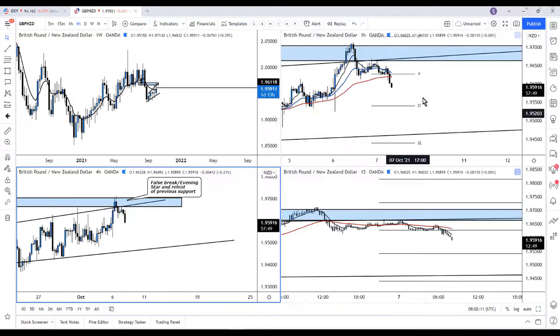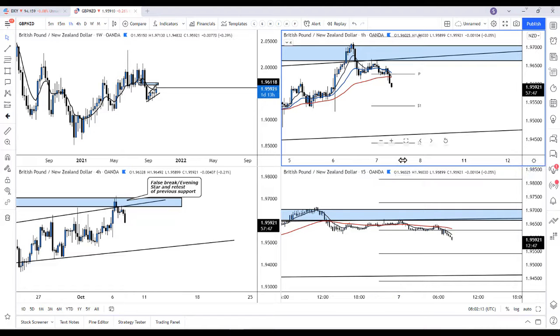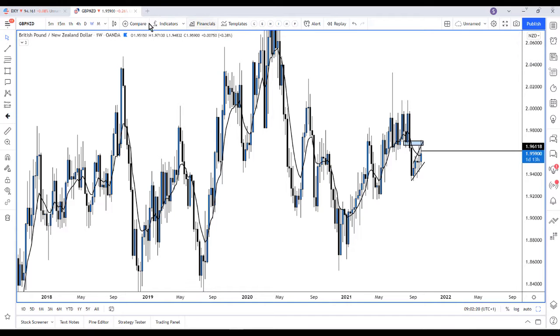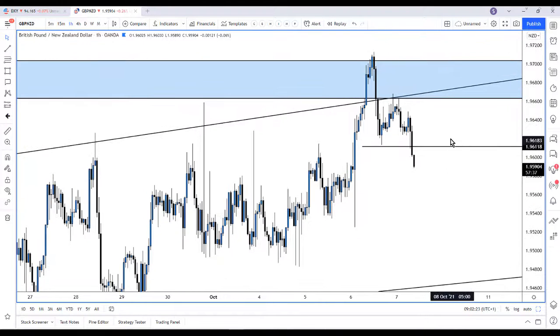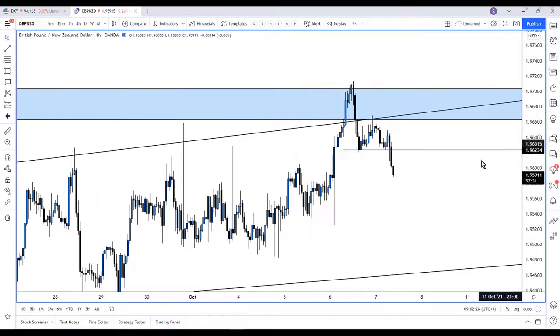I was looking at a particular level on one of these charts. Yep, okay. So what I am looking for, or what you can look for, is potentially retest and rejection